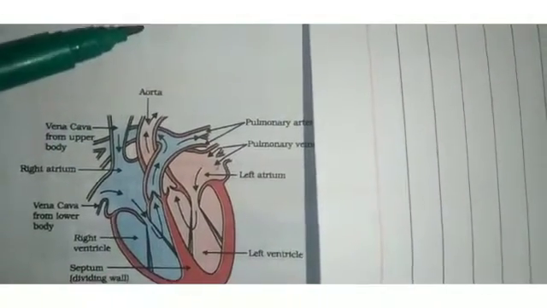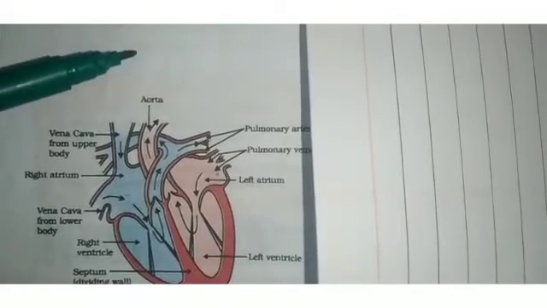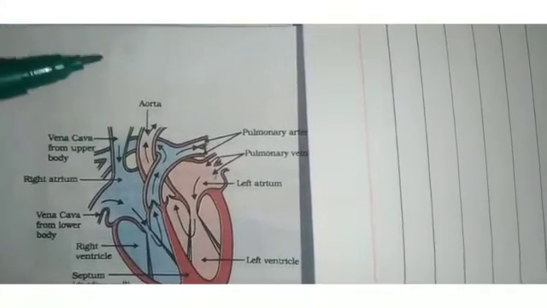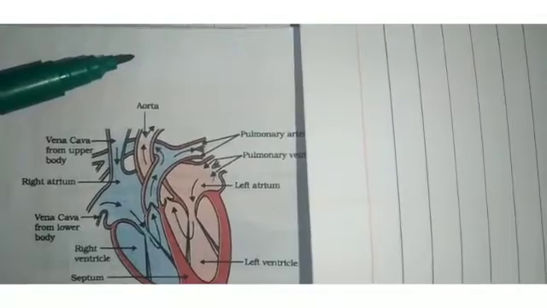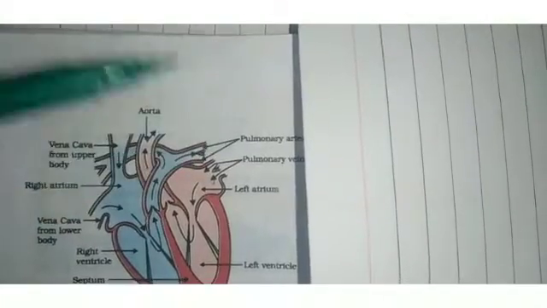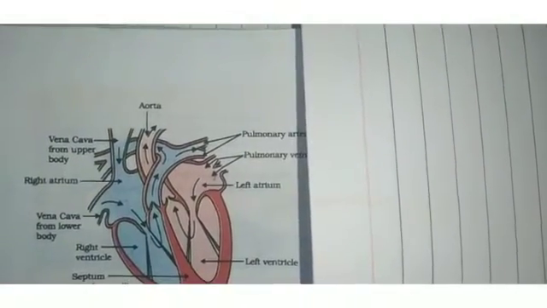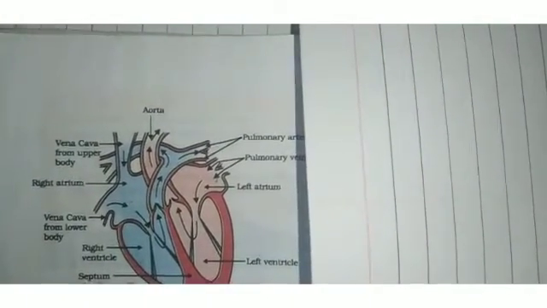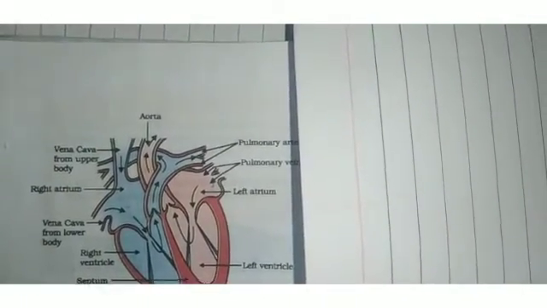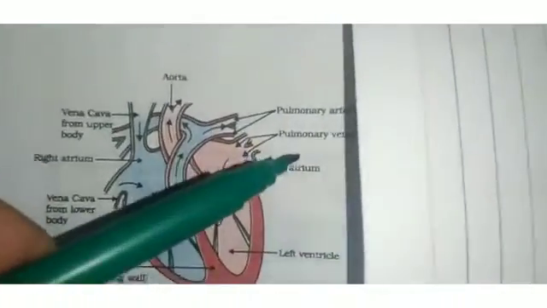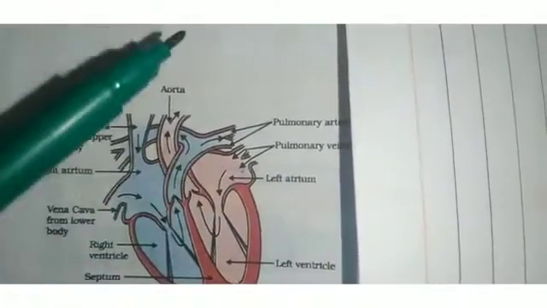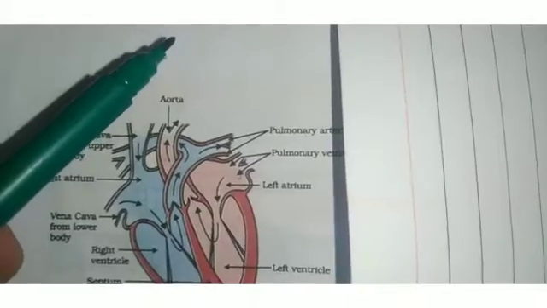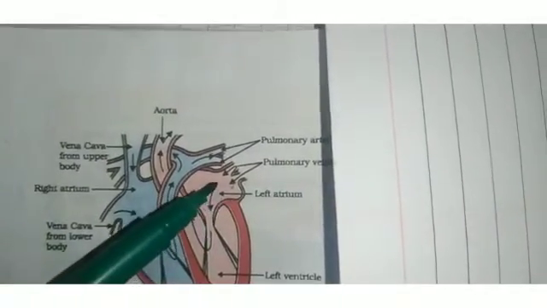You know that we have lungs. In the lungs, the blood is oxygenated. So oxygen-rich blood from the lungs comes to the heart with the help of the pulmonary veins. There is one exceptional case here. I told you a vein's function is to bring deoxygenated blood, but one exception is the pulmonary vein. This pulmonary vein brings oxygenated blood from the lungs to the heart.